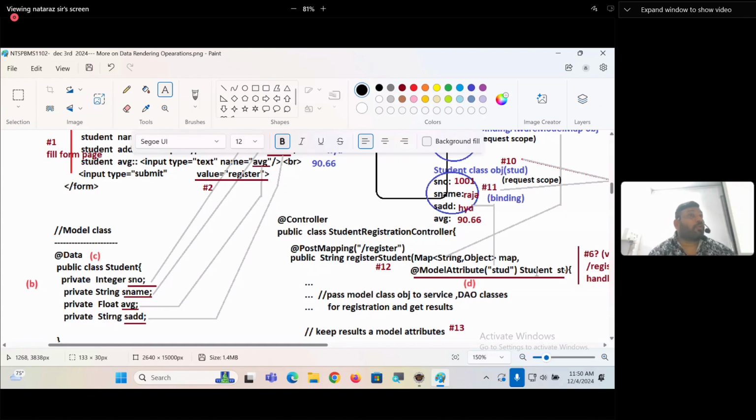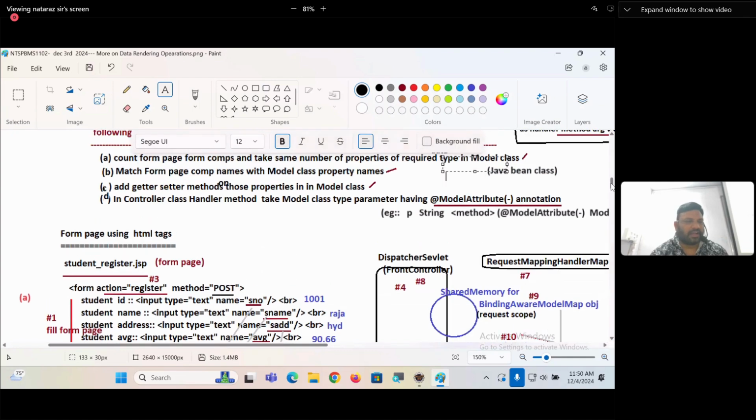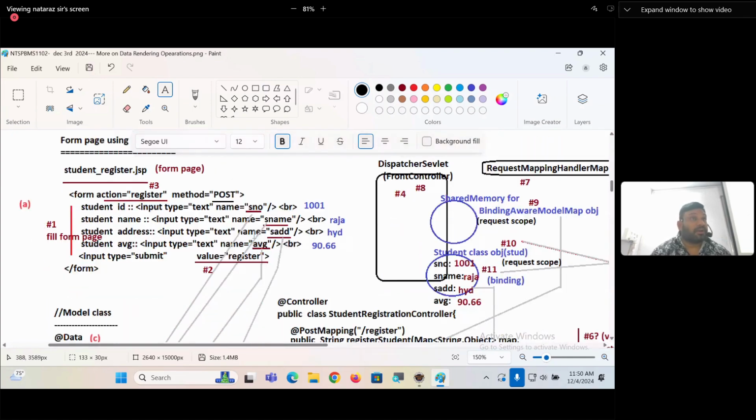Now let's focus on the flow of execution. Number 1, fill the form: 1001, Raja, Hyderabad, 90.66. Number 2, I'm giving a post mode request. If we want to secure the form data, we use post. Then the DispatcherServlet traps the request when the submit button is clicked. Number 3,